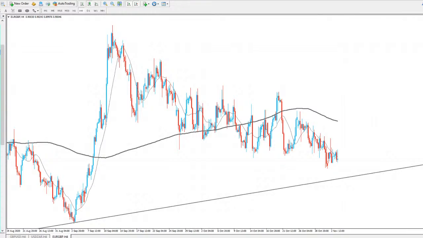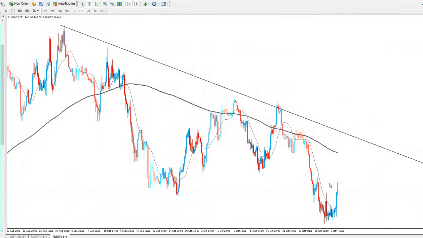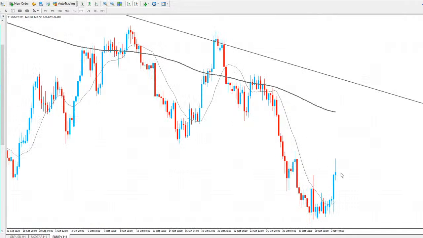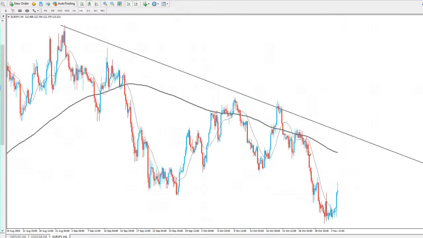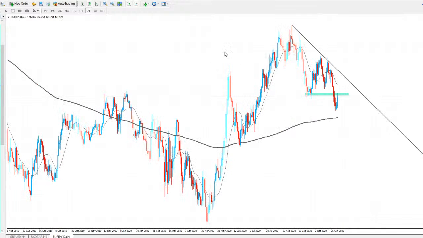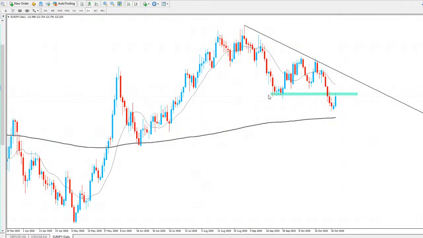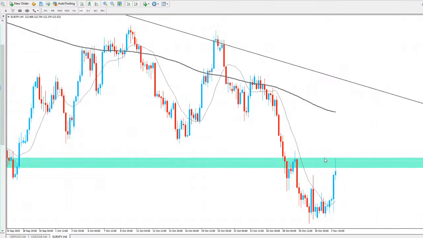Let's go and take a look at Euro JPY. Euro JPY still looking bullish, had a big push to the upside during this 4H candle. As you can see, we are rejecting again. I was saying this is an area of resistance, so you need to be aware of that. As you see on the daily time frame, you can see previous support here, the market held for a few days and had a push to the upside. Again, that'll be acting as resistance now. So again, we could be seeing a move to the downside from that area.